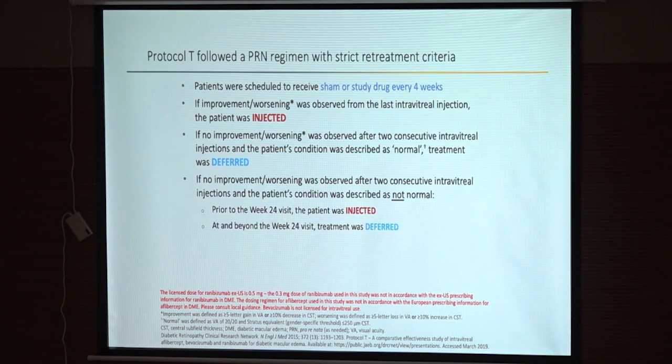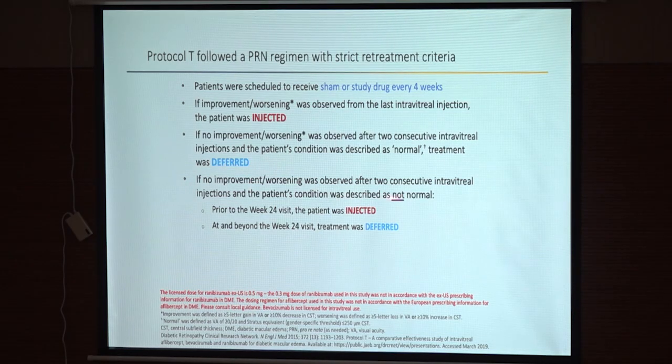And suppose after the first 3 injections there is no change. Diabetic macular edema is persisting, there is no change. Then you will think there is no improvement, so that means we have to stop. No, you have to continue till 6 months. So if a patient is presenting to you within 6 months, and even after 3 injections there is no improvement,